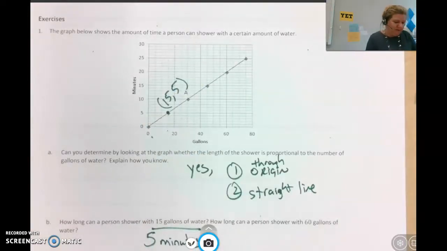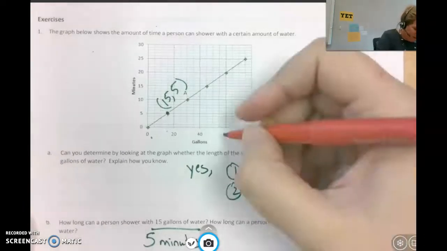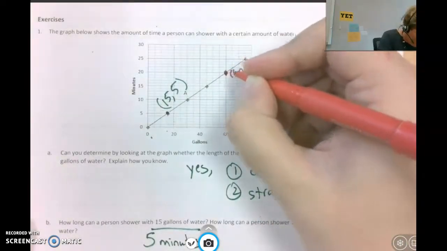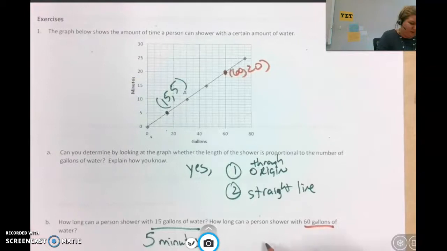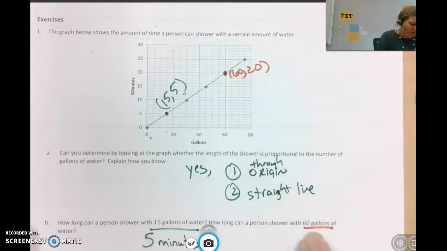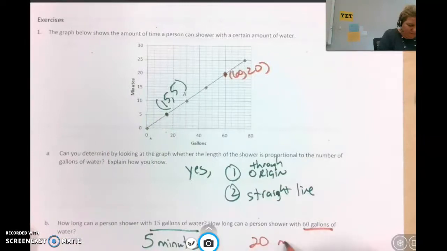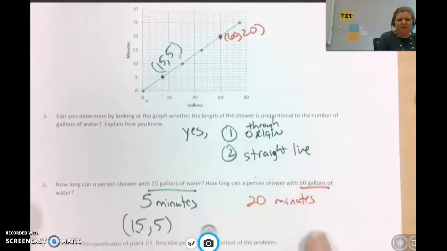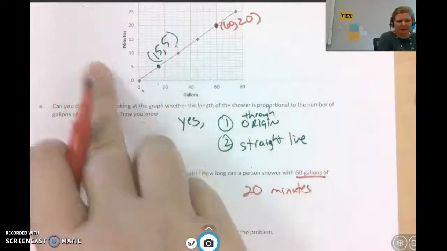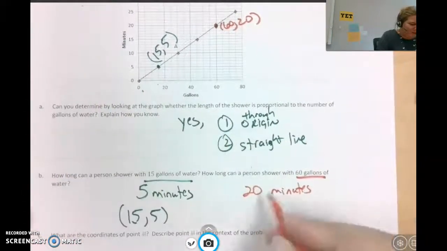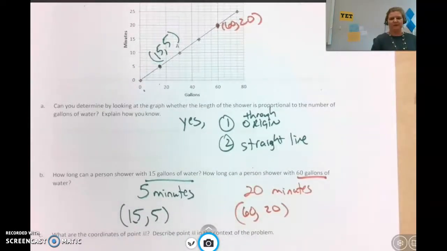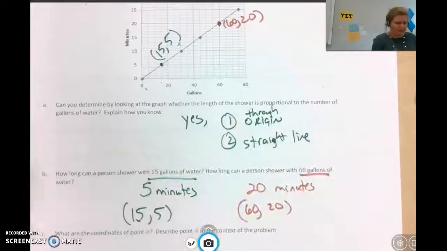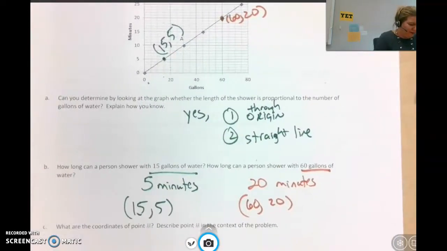And then the other one is 60 gallons, so that's here. That's 60 and 20. So 20 minutes uses 60 gallons of water. I'm not sure if you've noticed, but I keep going back and double checking myself, because with these problems, it is very simple to mess up. You have to be very precise. You have to pay attention to what you're doing and make sure that you are reading these graphs correctly. What are the coordinates of point, and that should just say A,